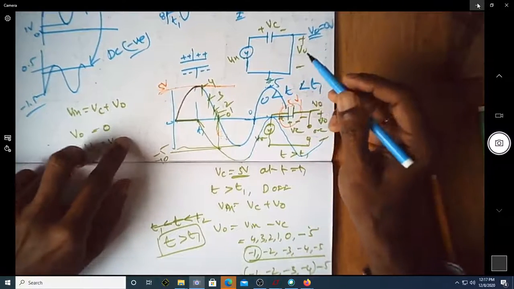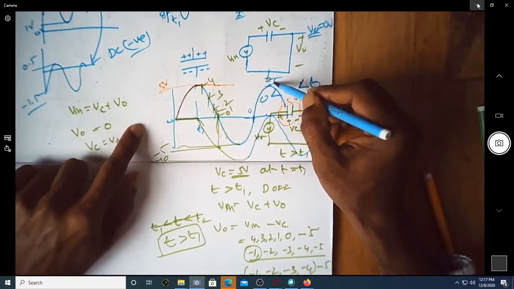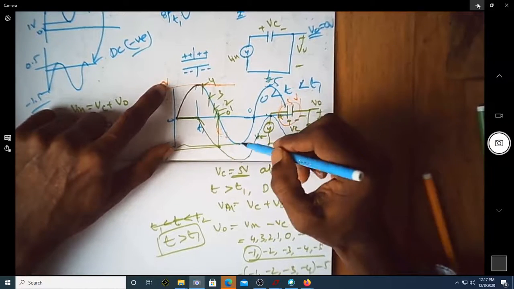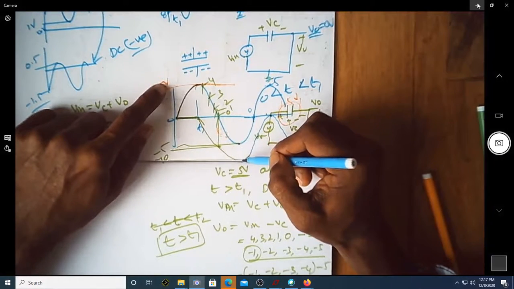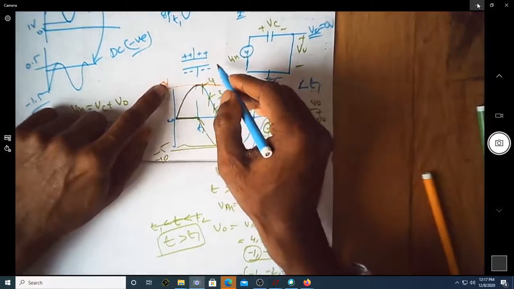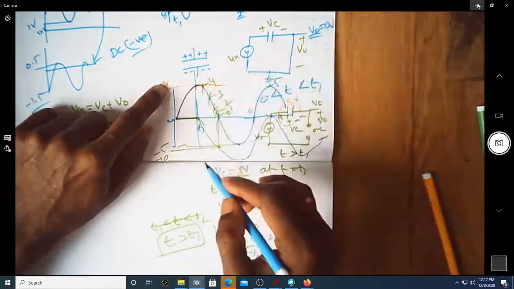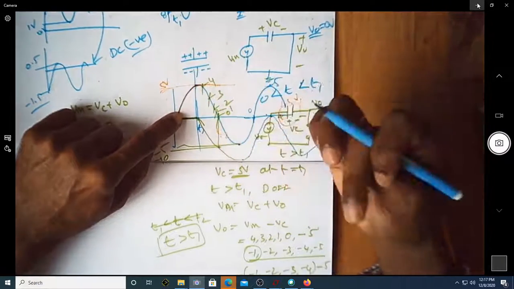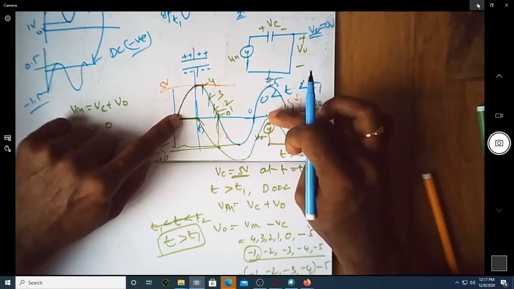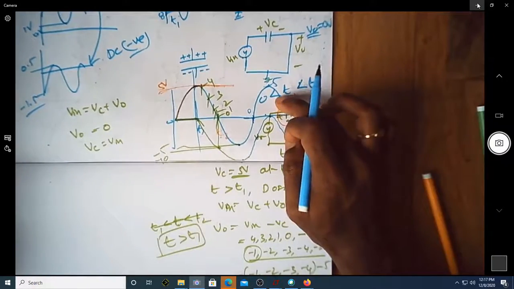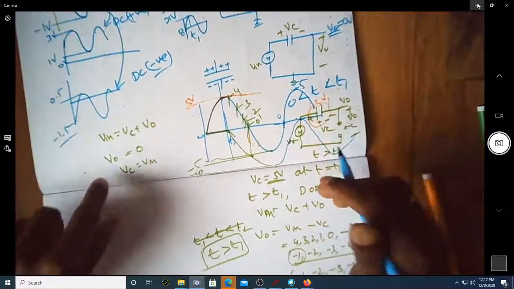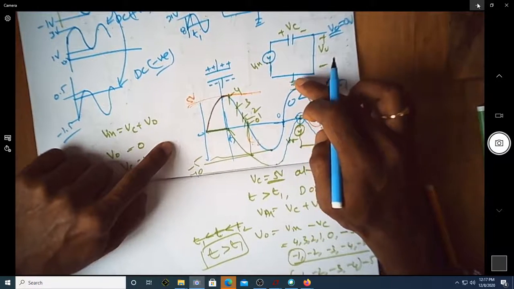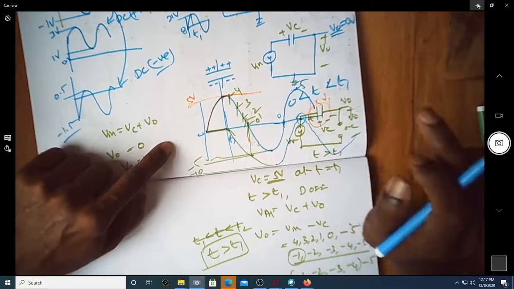If you carefully see here, this 5 volt of your input voltage has been shifted to 0 volt. This minus 5 has been shifted to minus 10. Apart from this first quarter of the cycle, can you see the output voltage is always below the input voltage by 5 volts, which is nothing but the peak voltage. We will say in this particular case, the positive peak of the input voltage has been clamped to 0 volt.